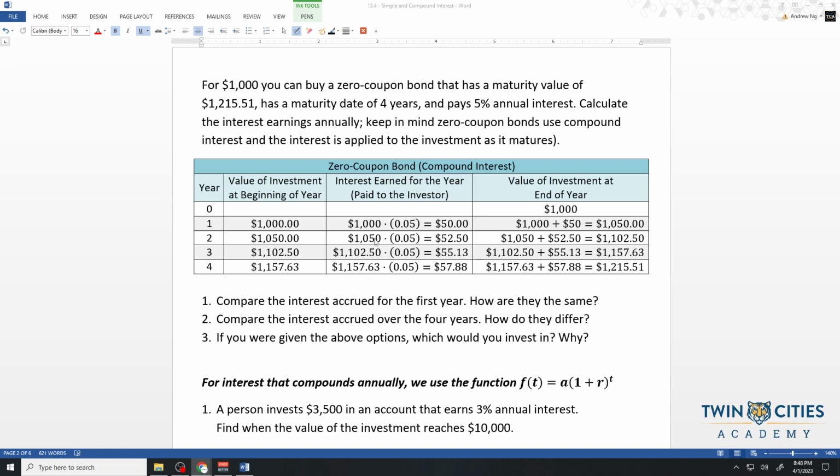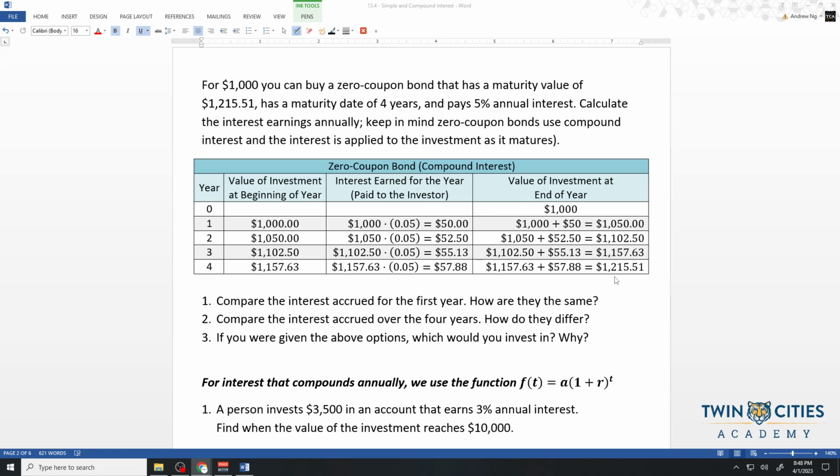So 5% of $1,050 is $52.50. So you get an extra $2.50 at the end of the second year for compound interest. They put that into the account, and now you're at $1,102.50. At the end of year three, they see that money, give you 5%, and now instead of $50, it's $55.13. Meaning at the end of year three, you have $1,157.63. And at the end of year four, same thing. They give you 5% of what they see in the account. That's now going to be